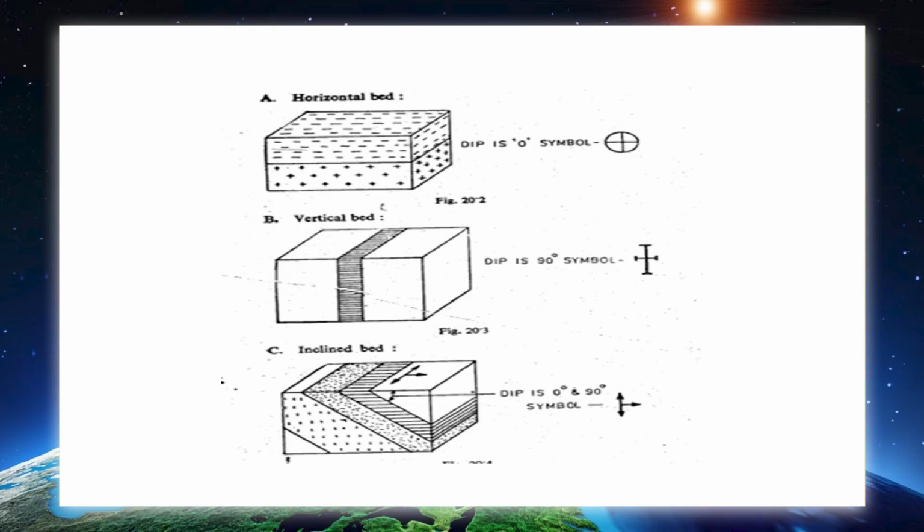If this is a seam like this, then this angle formed with the horizontal is dip. Anyhow, you can see the topmost beds are horizontal beds, whereas the central is vertical, a 90 degree dip, and the bottommost dips are less than 90 degrees. Okay. Next,